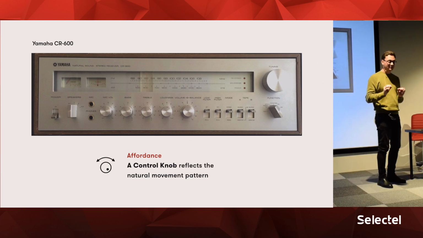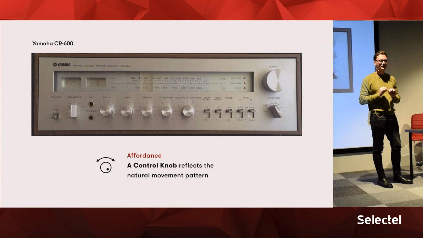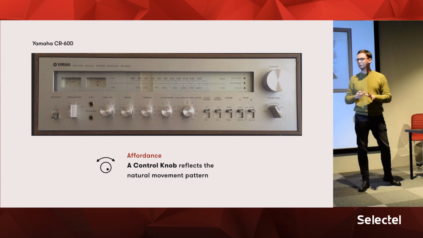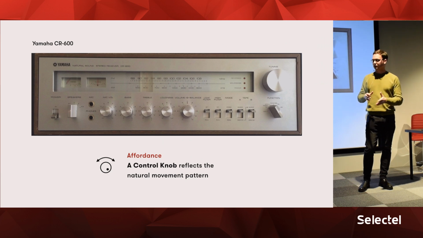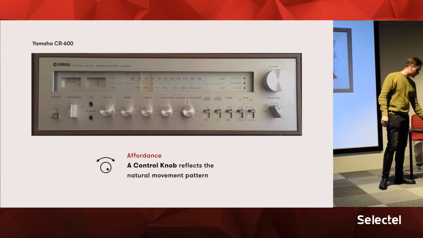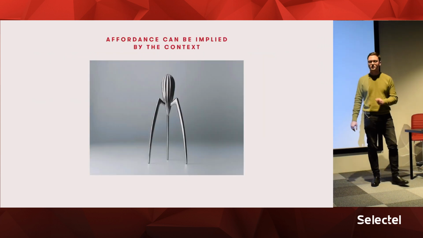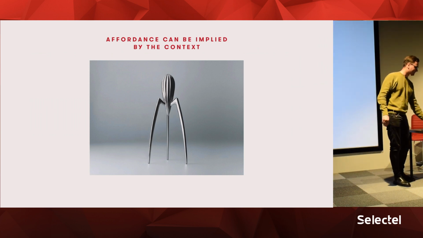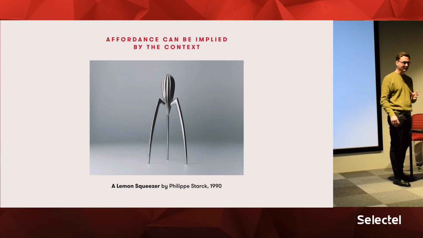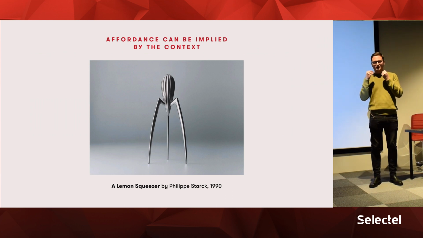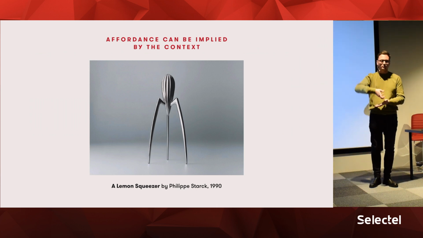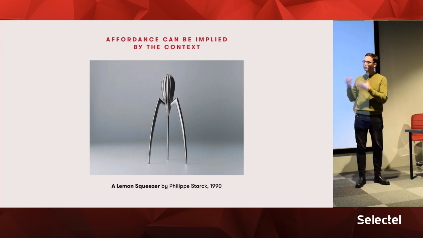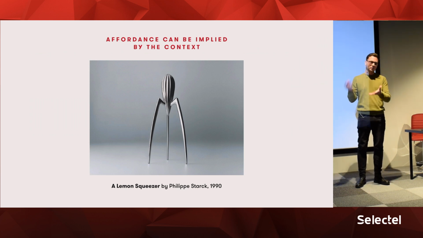And sometimes it's not that clear. I feel it's worth mentioning that the affordance principle is not that you just see the object and know exactly what it does. Sometimes it also requires context. Let's take a look at this tool, for example. Who knows what this thing does? Okay, don't say it yet. Well, that's a lemon squeezer, right? The moment you realize that it's a lemon squeezer, you immediately know how to use it. You just put the lemon on top of it and squeeze it, right? So this is an example of the affordance principle that also requires some context.